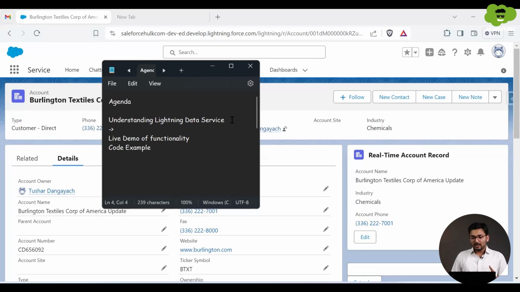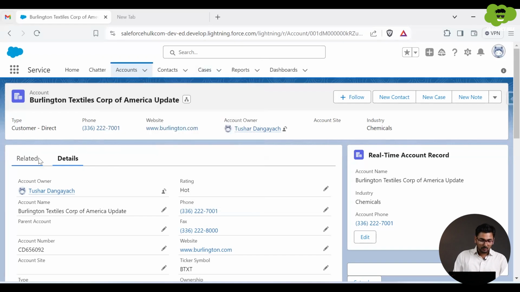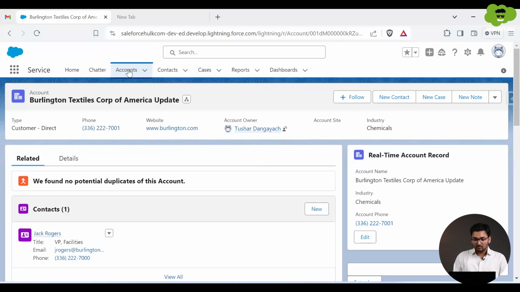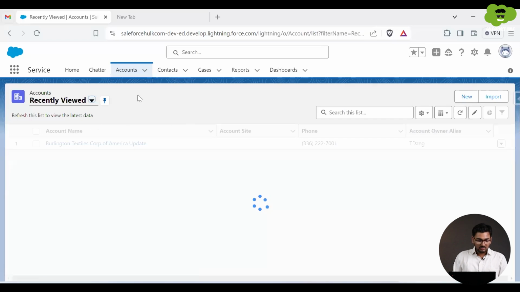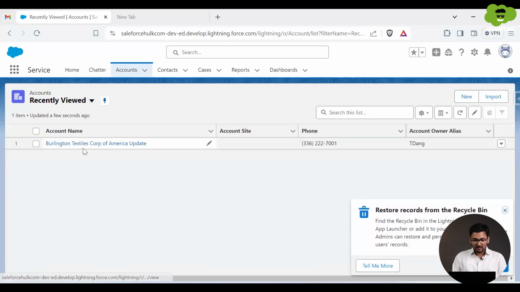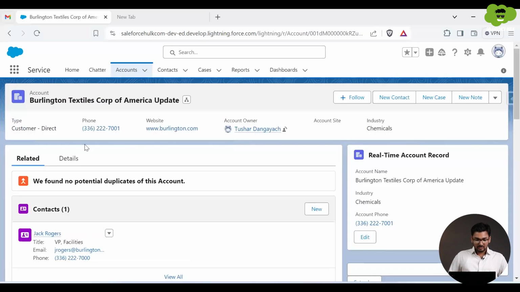Right. So let's move ahead now. I think it's clear now what exactly Lightning Data Service is. Let's see a live demo of it. So we have this account page, account tab in the service application. This is one of the record pages. And you can see if I want to create a record of account, or update a record, or delete a particular field in the account record,